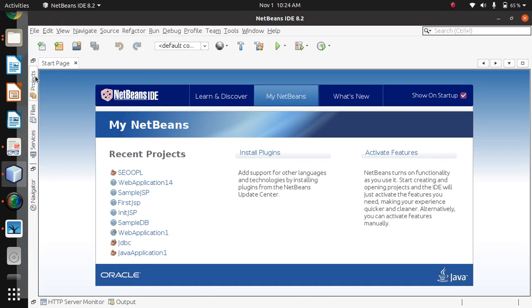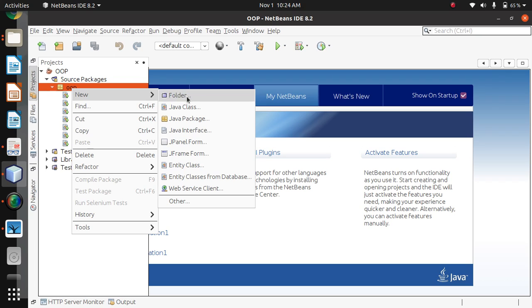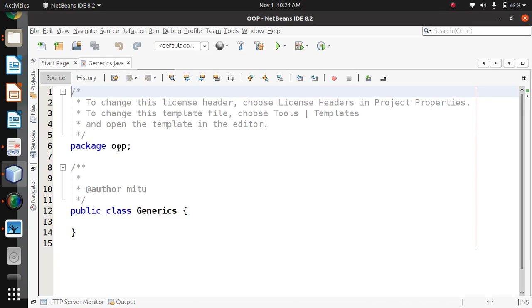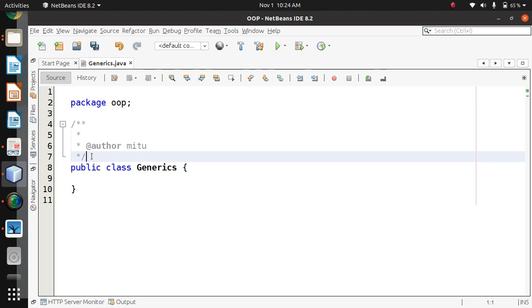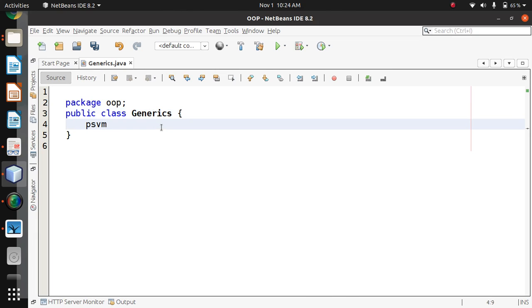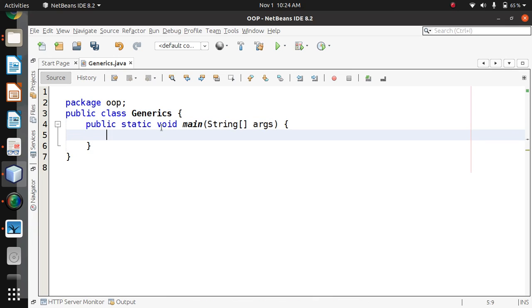Okay, so let's create another file, generics. And let's apply some operations. So I'll go to the main first. What I require, we'll check it here. So for example, let's create an integer array here. Integer, like I array, because I can make use of any kind of arrays there. So let's create an array of integers, just like this.